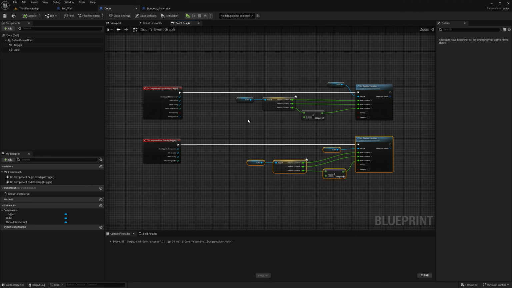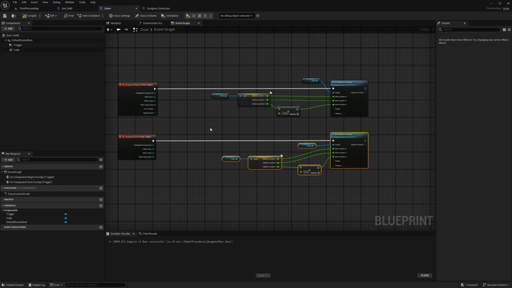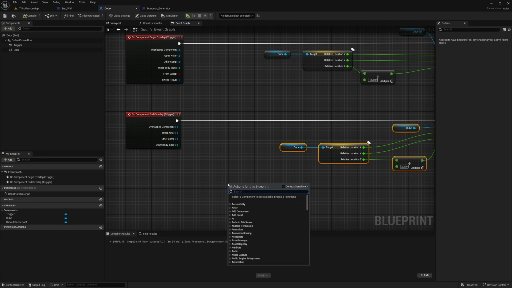So the obvious problem right now is that the door is just, you know, teleporting up and teleporting down. We wanted to use an animation for this, and this is where it becomes even more complicated than it really should be. I don't know why Unreal doesn't have a simple delay animation node where you just type in 2 seconds and then it moves. Alpha in a lerp. Okay, so what we need to do here is something called lerp. Right, let's see. Lerp.